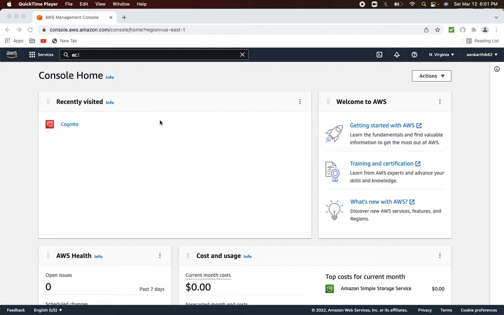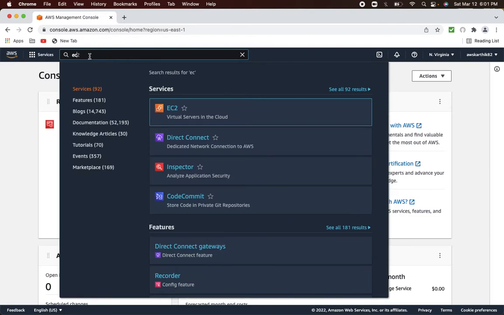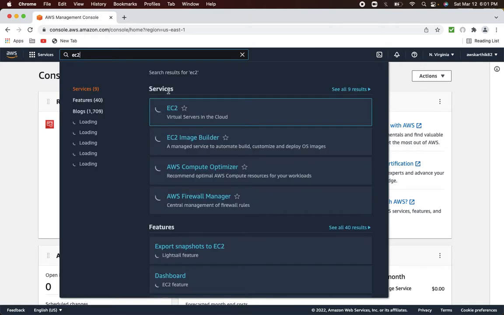I am already logged into my AWS console. Please note that I am using the new AWS console. When you log into your AWS console, if you are still using the old version, it might ask you to switch to the new version, or there should be some other option, a button, to switch to the new version. But if you still want to continue using your old UI, that is also fine. The only difference is these configuration screens will look slightly different, but you should still be able to follow these steps. So let's go to the EC2 service